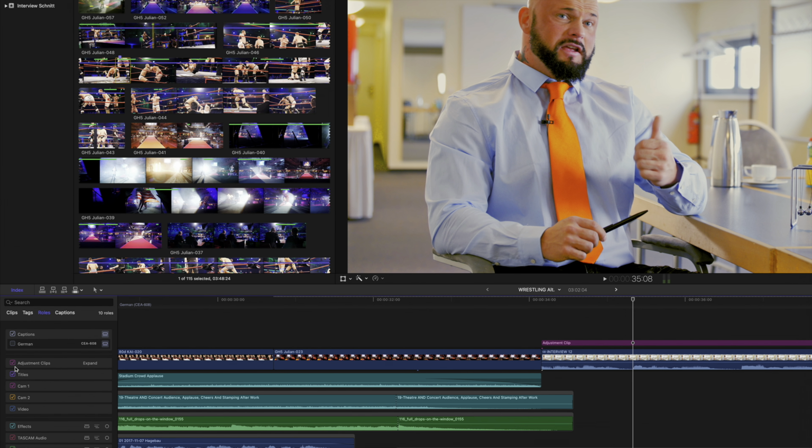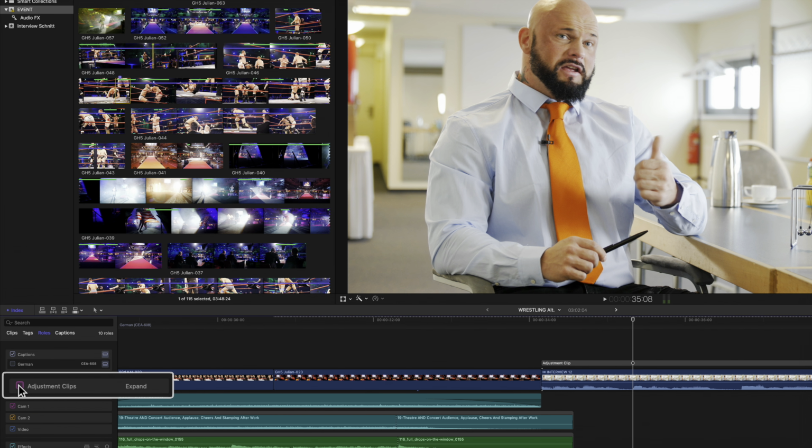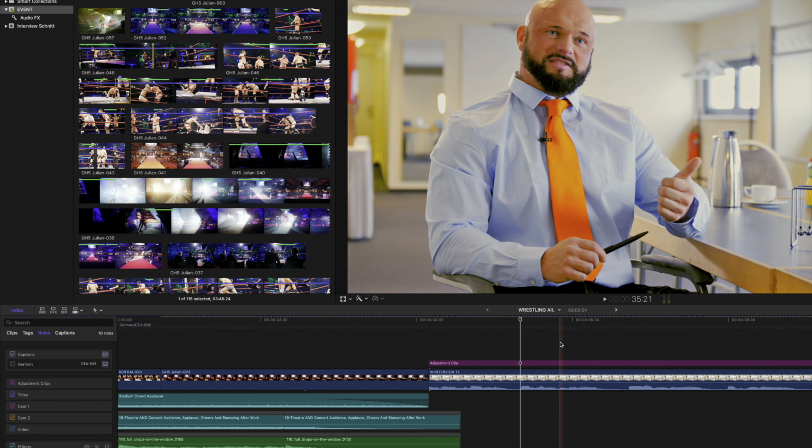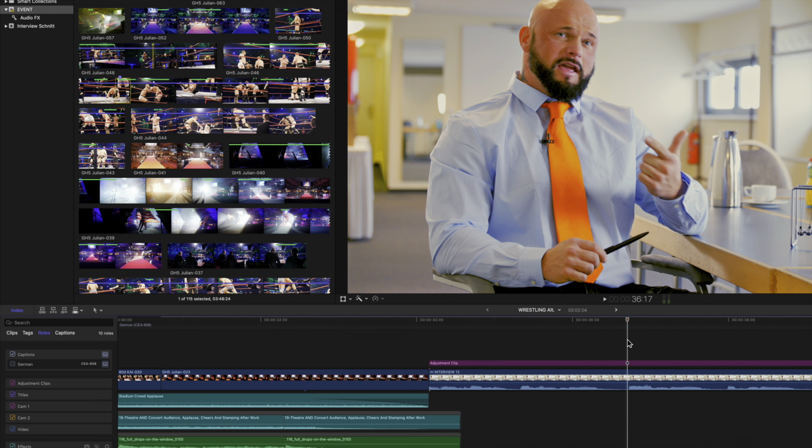And as with all the other roles, this allows me to activate and deactivate any and all of the media that has this role assigned to it. Therefore, if I have multiple adjustment clips in my project, simply clicking the checkbox for the role deactivates any and all adjustment clips that I may have used. But on top of that, that also means that I have the ability, as with any other role, to create